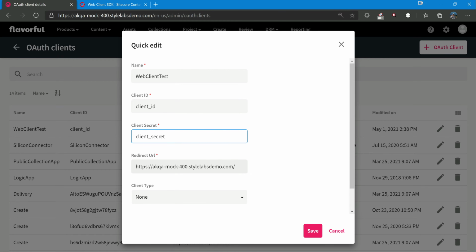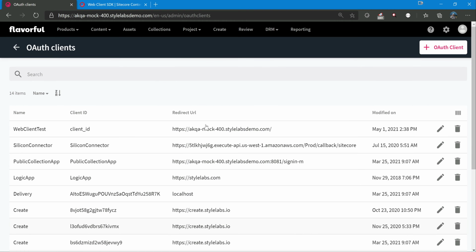The redirect URL plays a very crucial role when you are connecting from a different system using any connectors. Suppose you are connecting through Logic App, once you log in, it needs to redirect back to that Logic App URL. The same applies for other connectors. But in our case, we are just trying to connect through code and test the connection, so I just gave the same URL and saved this.